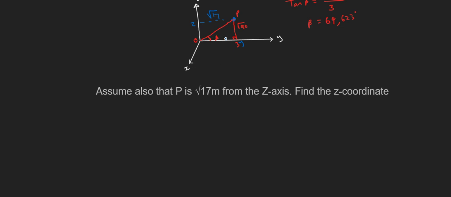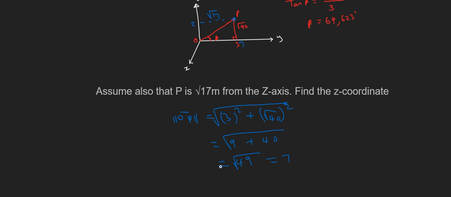We could just use Pythagoras to find that, because we have this and this, or you could use another trig ratio, but Pythagoras is safer. So distance OP, which is a vector, equals the square root of 3 squared plus root 40 squared. So here you make it 9, here the square and root cancel, making it 40, and you put it all under the root, and you'll have the square root of 49, giving you 7